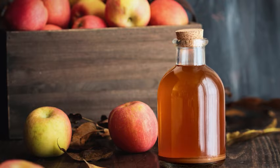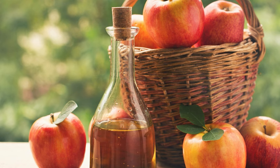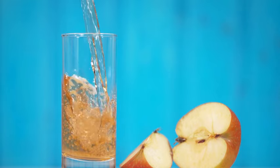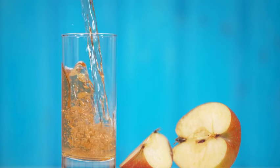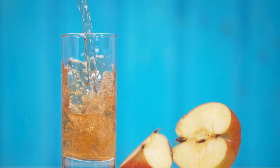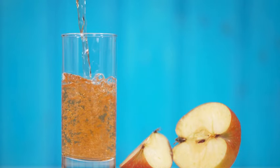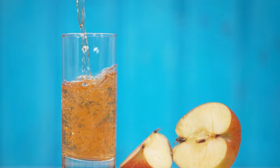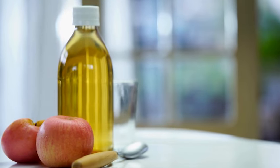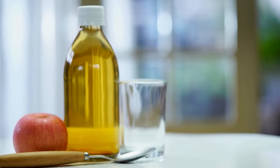Improves gut health. Apple cider vinegar can be an excellent ally in promoting healthy gut flora. It contains pectin, a fiber that helps improve digestion and promotes the growth of good gut bacteria. Vinegar also contains enzymes that aid in digestion and balance acidity in the stomach. By improving intestinal transit, apple cider vinegar can relieve symptoms such as constipation and bloating. In addition, it can help fight intestinal infections, as its antibacterial properties fight harmful microorganisms in the gastrointestinal tract. To take advantage of these benefits, you can consume a tablespoon of apple cider vinegar diluted in warm water before